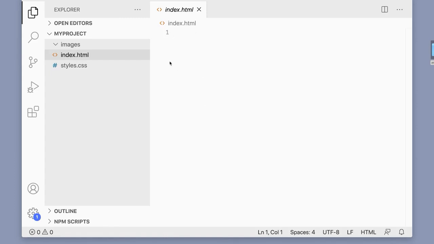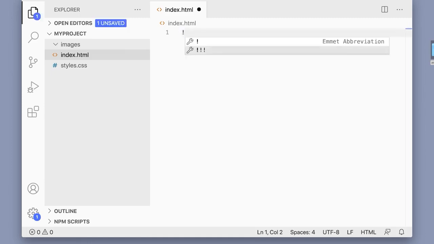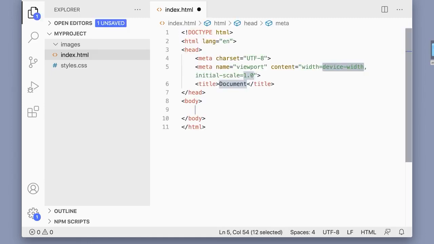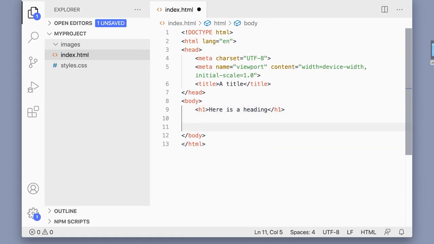So you can see here I am in my project again for my index file. And I can come over here and click. And just to review what we did in this lesson, I can type an exclamation point and press tab to get the basic structure of a page. And I can add a title for my document here that will show up on my page. I can add some HTML. I'm just going to add an H1. Here is a heading. And then I can add some script tags,